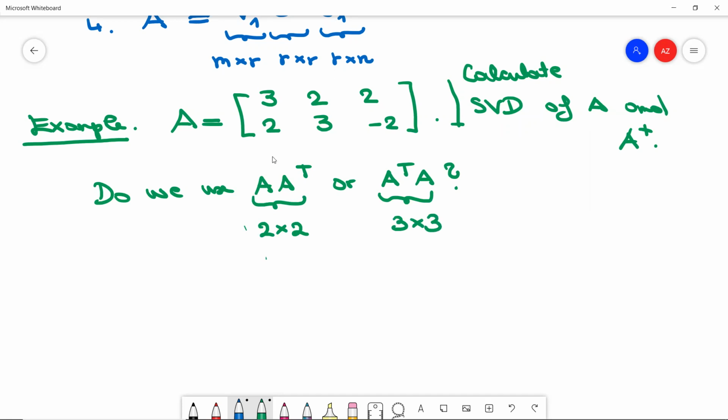So this A transpose A will have one eigenvalue which is 0 in comparison to A A transpose. So A A transpose and A transpose A have the same non-zero eigenvalues, but A transpose A also has one zero eigenvalue. But we don't need it. So it's easier to do the computations with A A transpose. And if we compute A A transpose,